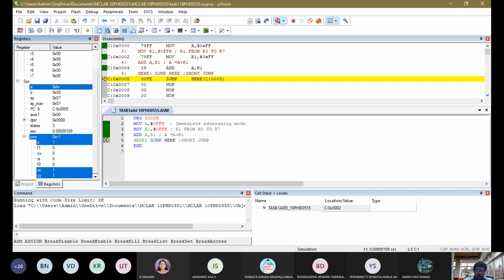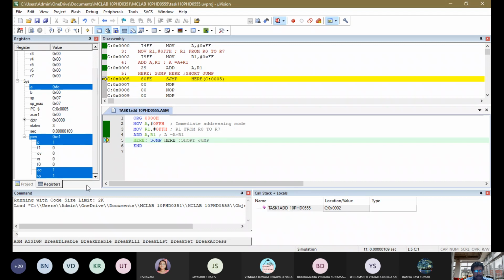Therefore, the overflow will be carried from the accumulator to the carry flag because our result will have 9 bits. So carry flag will be 1 and then the remaining bits will be in your accumulator. So accumulator has FE and your carry flag, if you reference, will be getting CY equal to 1.